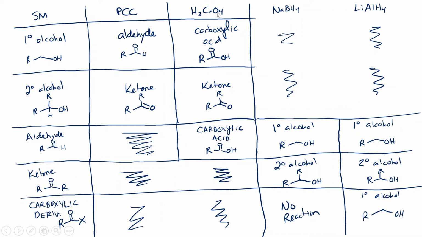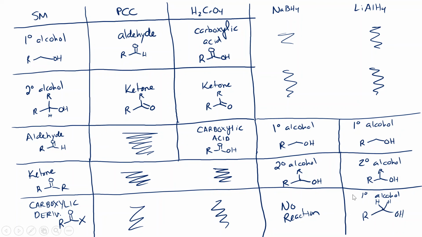So just like chromic acid will keep oxidizing something until there are no hydrogens remaining on that carbon, lithium aluminum hydride will keep reducing things until there are no pi bonds remaining, right? And so in this case, we keep adding hydrogens to that carbon until all the pi bonds are gone. And so once this CO pi bond is gone, we lose the X group, we end up with a primary